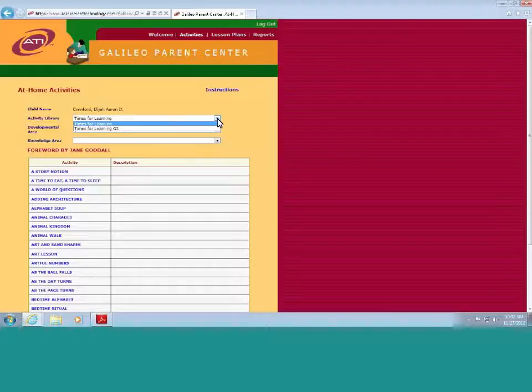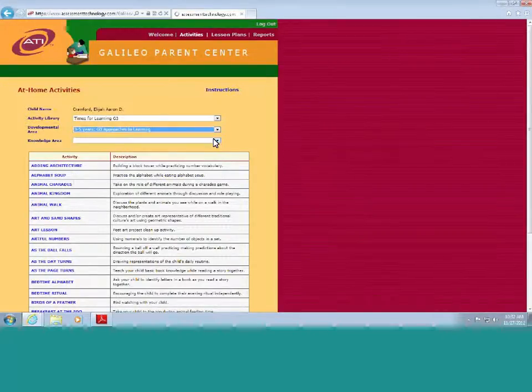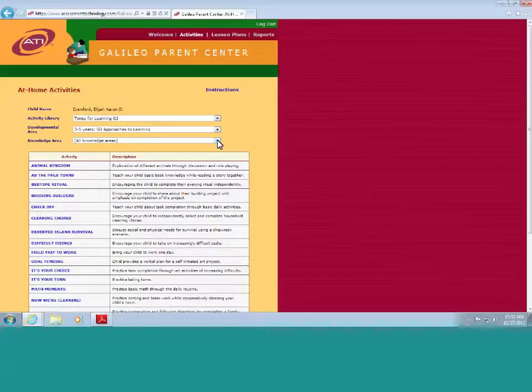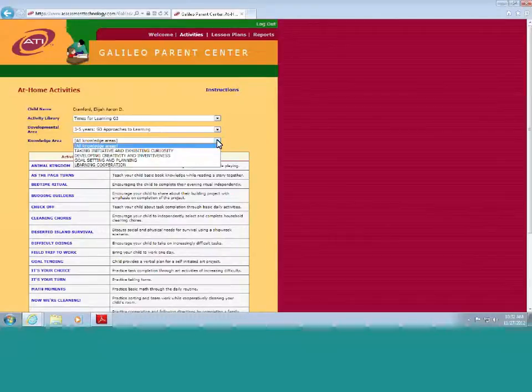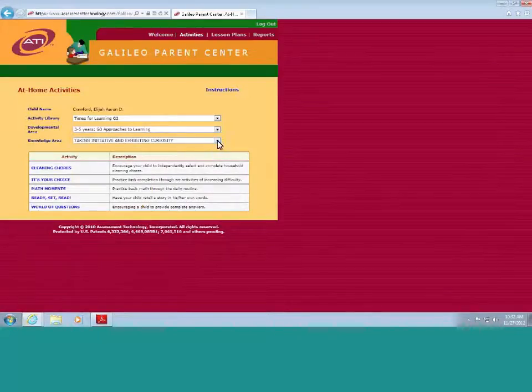Under Activity Library, I'm going to select the Times for Learning G3. Under Developmental Area, I'm going to select Approaches to Learning. Under the Knowledge Area, I'm going to select Taking Initiative and Exhibiting Curiosity. Here we see multiple activities which would help Elijah develop these capabilities listed in the Taking Initiative and Exhibiting Curiosity